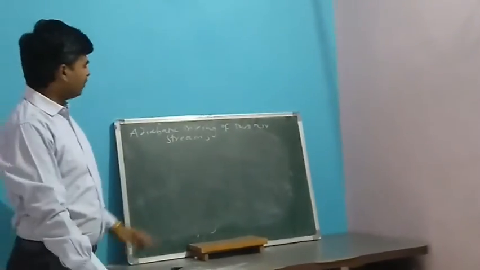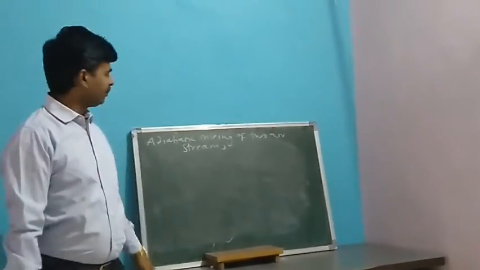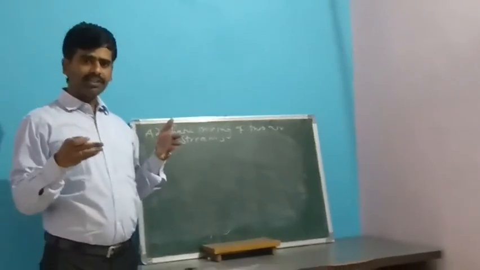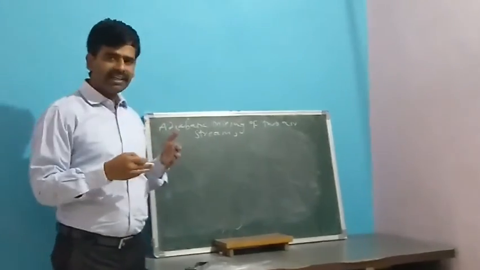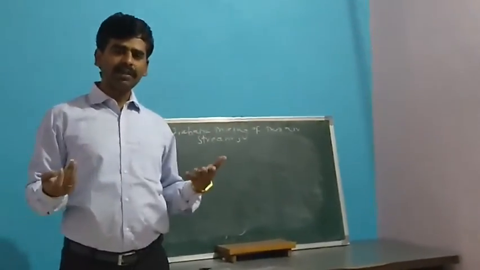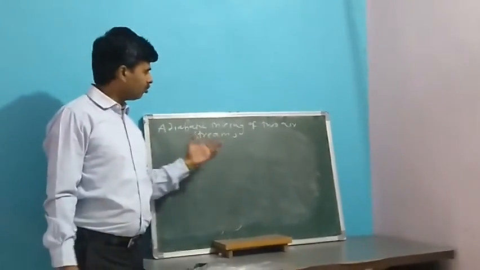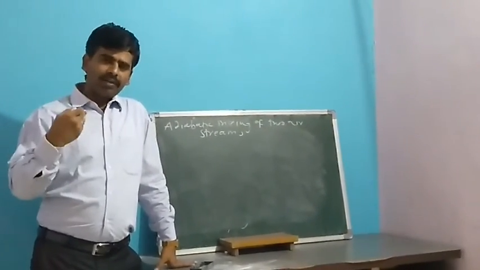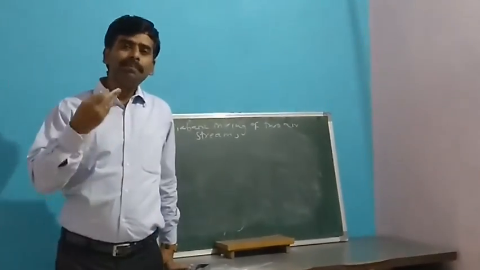In my previous lecture on cooling load estimation, I told that two air streams, the fresh air, get mixed with the recirculated air. So when two air streams get mixed, having different enthalpy, different specific humidity and mass flow rate, we are basically interested to determine the mass flow rate, enthalpy and specific humidity of that mixed air.